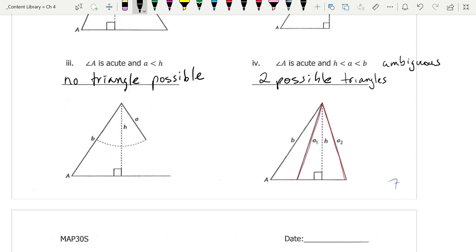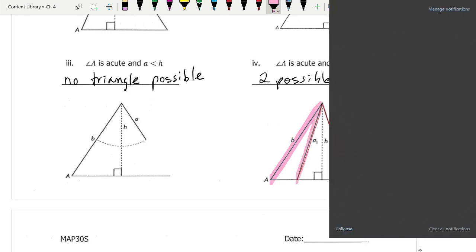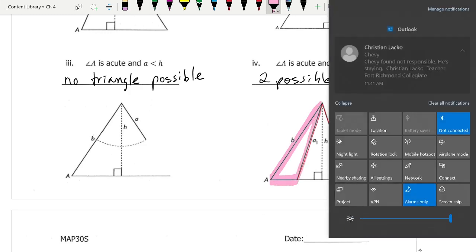And notice the one on the left here, this triangle, is obtuse, and the big one is acute. It'll always work that way. Because, okay, again, there's 2 triangles possible. I'll highlight them. This pink triangle here,